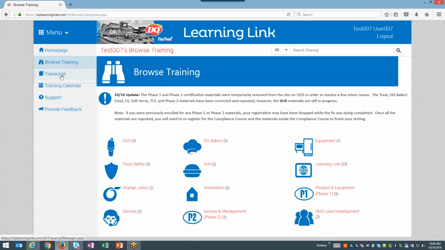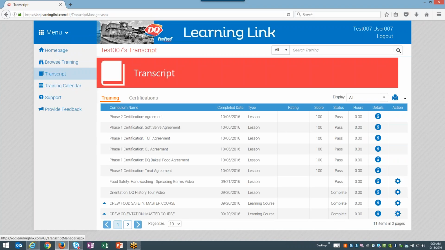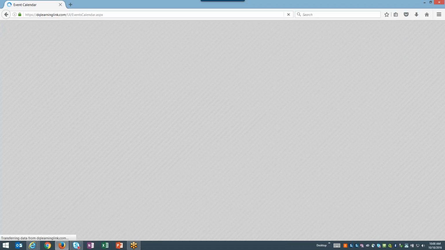Okay. So the transcript on the menu page is really your transcript. This is anything that you've completed. I won't spend a ton of time on this, but just know that this is anything that you've done. There is a way to view user transcripts, which I'm going to walk you through in a couple minutes. The training calendar, we left it on there, but